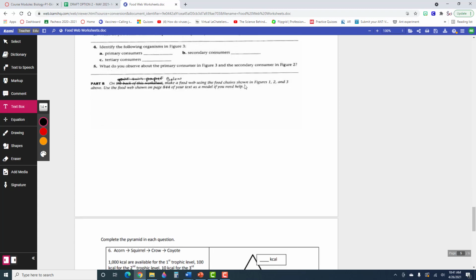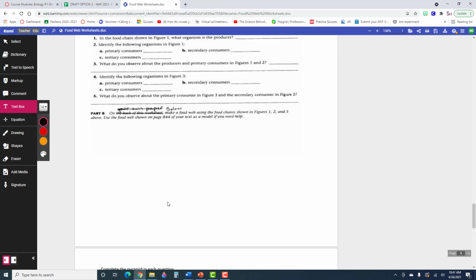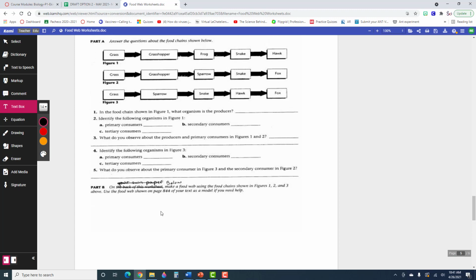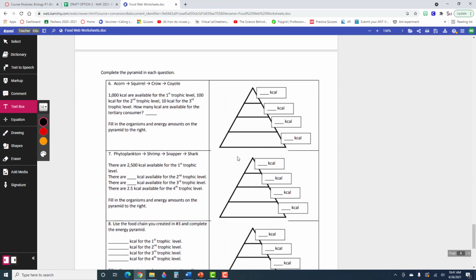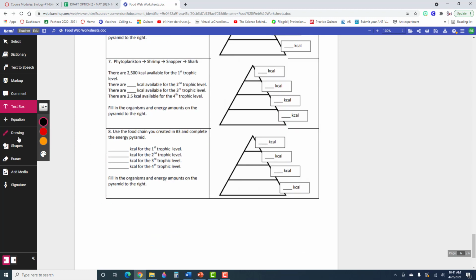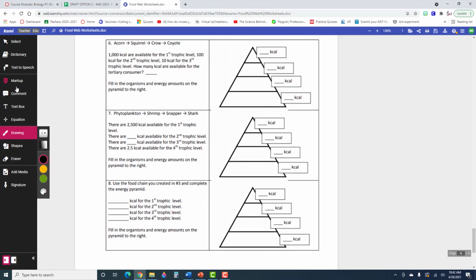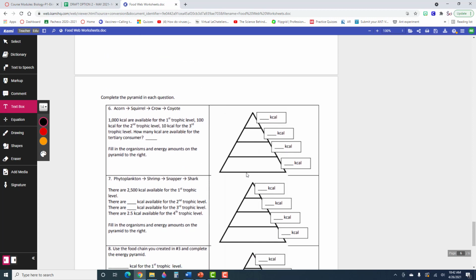Here you are drawing your own food web using these food chains. So start with grass, who eats the grass, who eats the grasshopper, who eats the sparrow, snake, frog. You're going to draw that out here. So take these food chains and combine them together into one food web. And then this last page. So one of the things that you can do with a food web or food chain is you can make